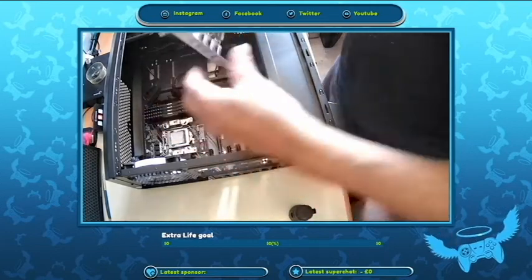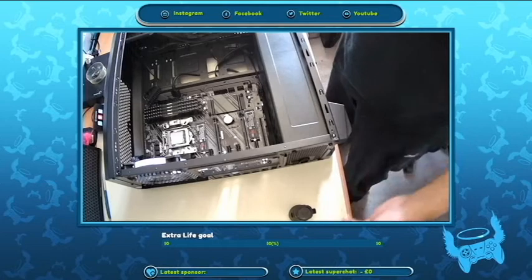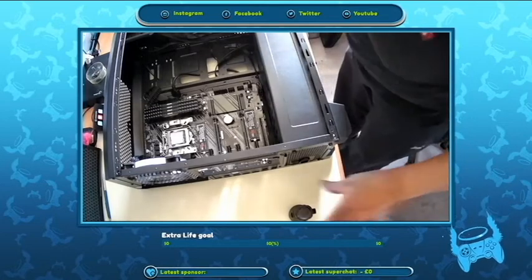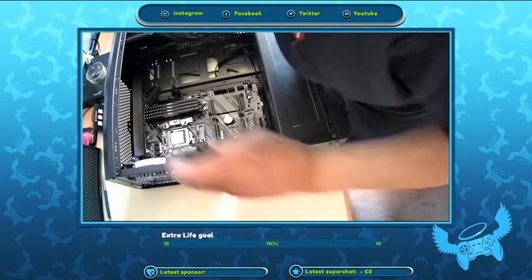This is my add-in graphics card. Graphics card. I think USB ports. Graphics card. I've got graphics card on the brain. So...